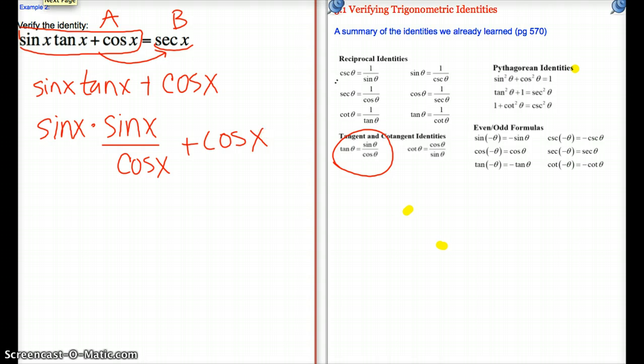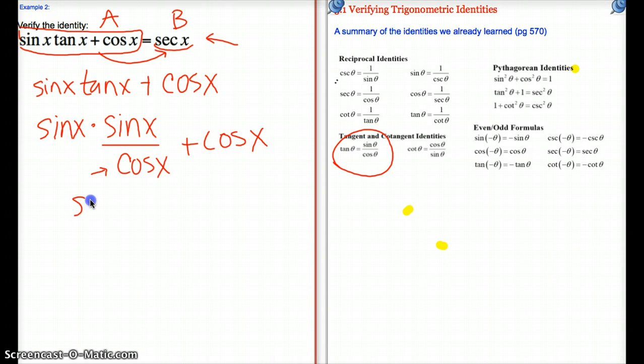Now I'm seeing that I have some fractions to work with. So we've talked about two strategies, starting with the more complicated side and changing things to sines and cosines. Another strategy, when we have fractions and denominators like we have here, is to start with converting that to one big fraction. I see my end goal is to create secant of x. If I want to do that, I need to change everything to one fraction in order to see that result. So I'm going to start with